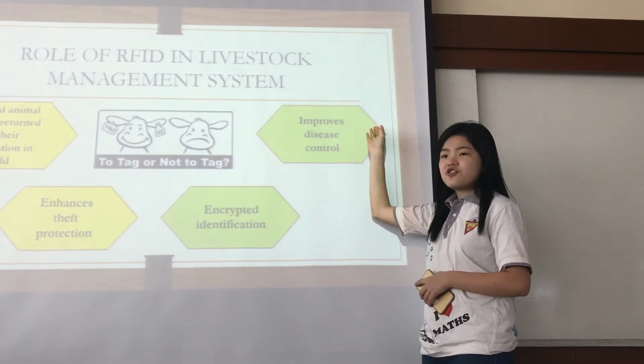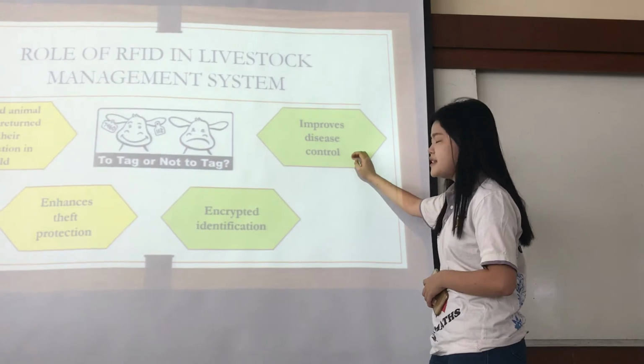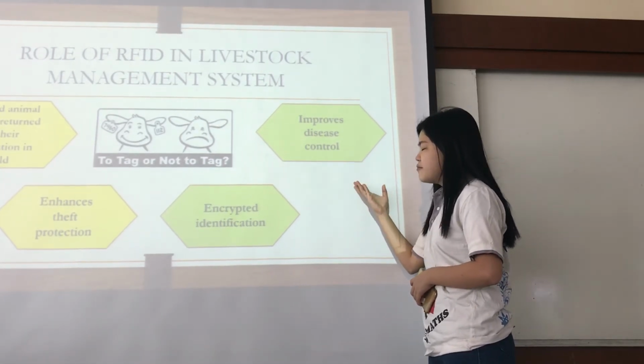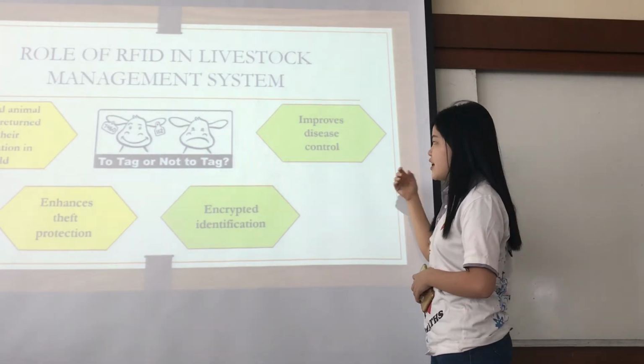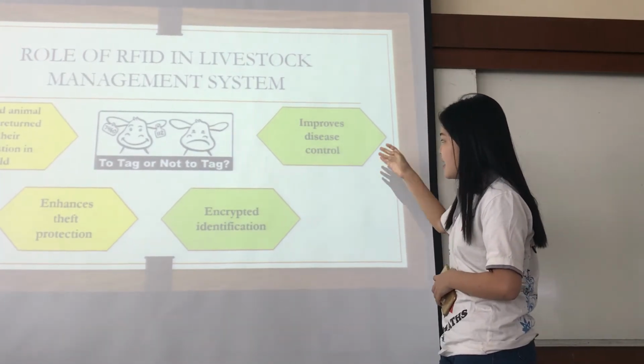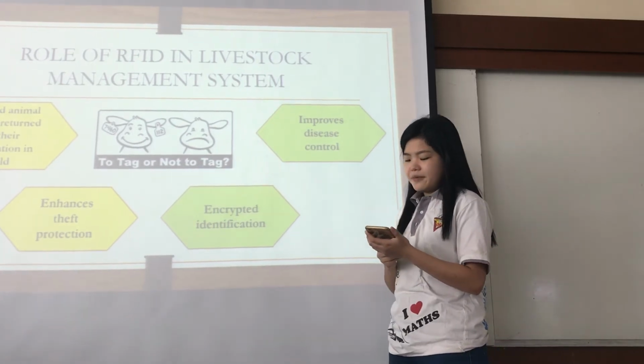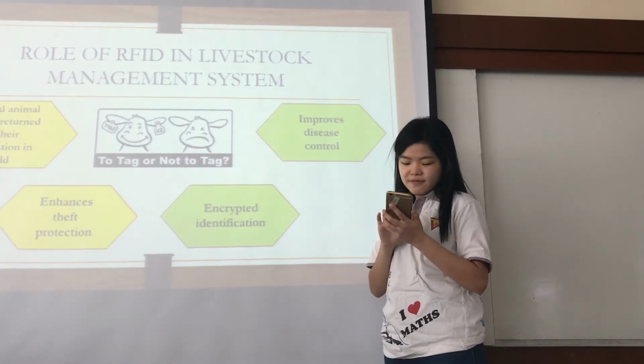The meat industry stakeholders can also improve disease control by storing and updating vaccination and movement data directly into the microchips. So, in conclusion,